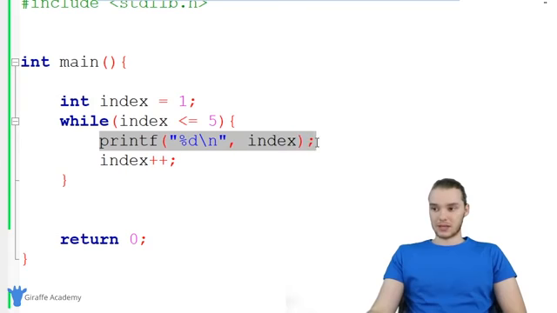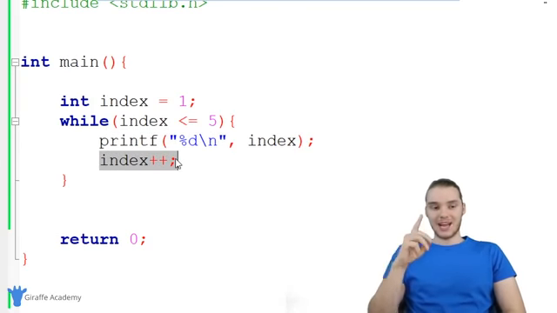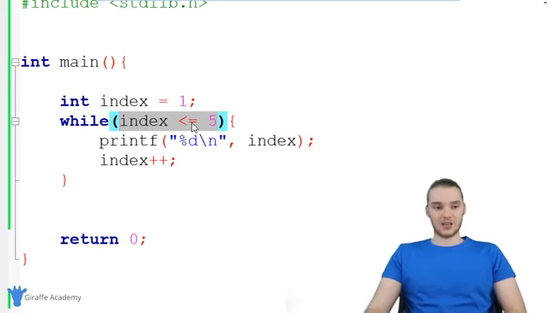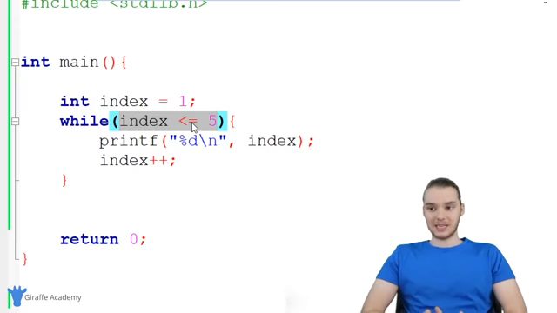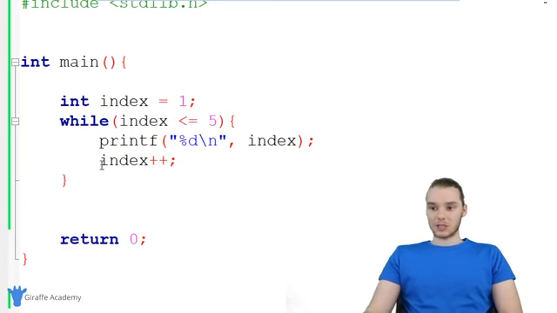So it's going to go through, execute this line of code, execute this line of code. Now index is equal to 3, and C is going to go all the way back up to the top. It's going to check this condition again. So before C goes through this loop, it's always going to check the condition first. So before it's allowed to go and execute that code again, it has to check the condition to make sure that it's true. Eventually, we're going to get to a situation where index gets incremented, and it gets incremented up